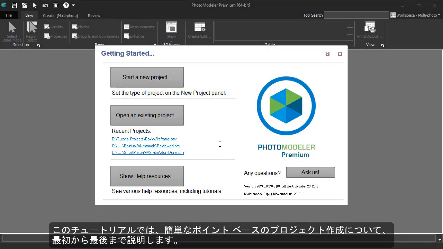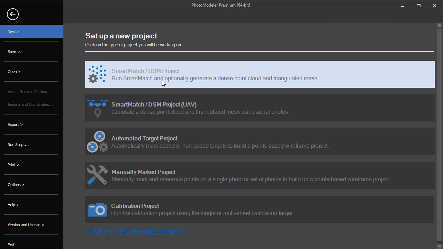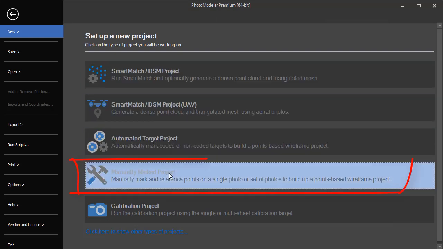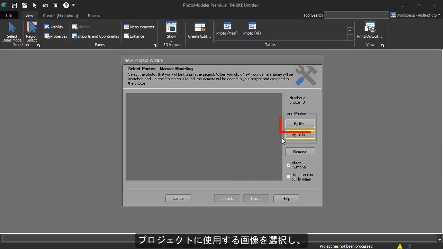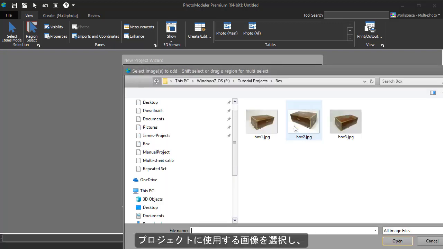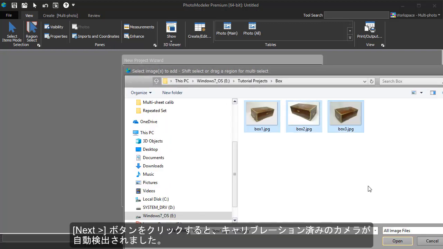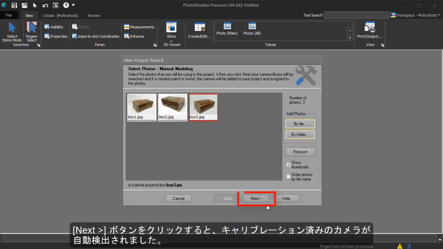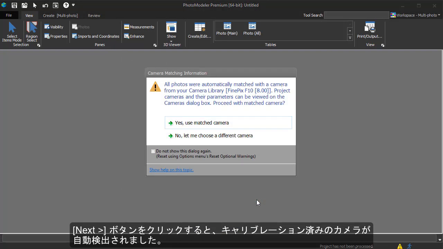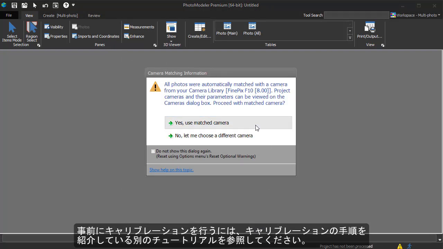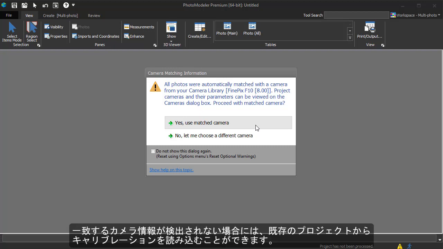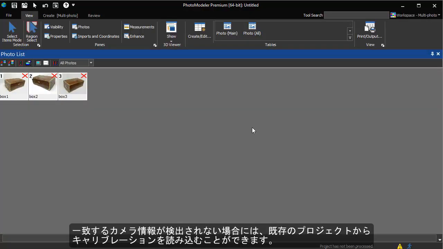This tutorial will walk through the creation of a simple points-based project from beginning to end. We select the photos to use in the project. After hitting Next, we see PhotoModeler has found a matching calibrated camera. This camera was used during the procedure outlined in the calibration tutorials. If a matching camera was not found, you will be prompted and can load a camera calibration from an existing